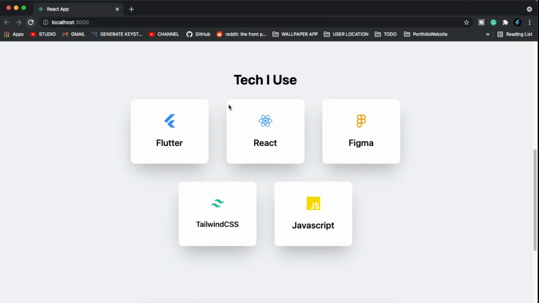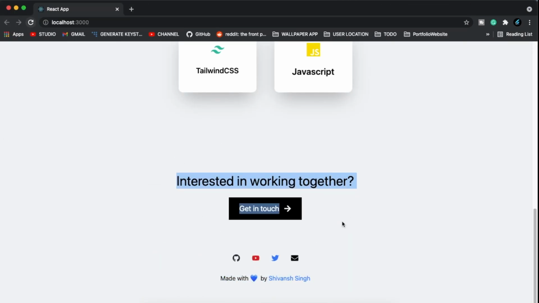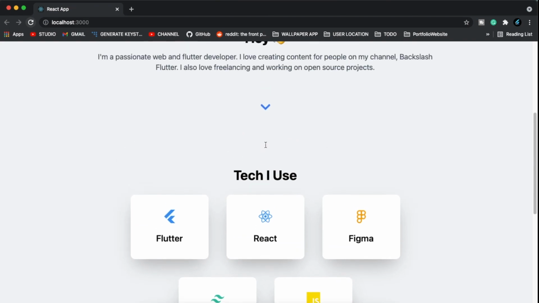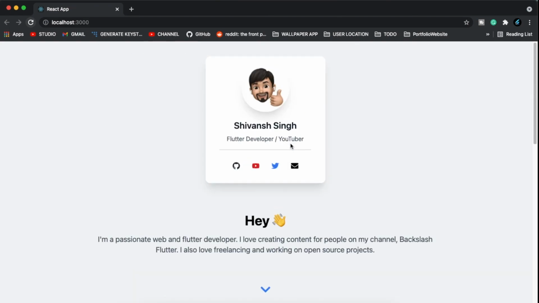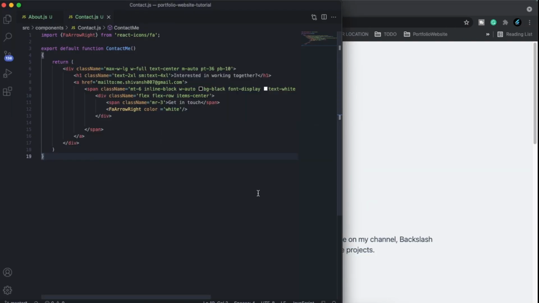So here we have our footer. Here we have our contact button. Here we have the tech I use section. This is also bouncing. This is an animate-bounce animation. Now what we can do is, the only thing that we need to add is the initial